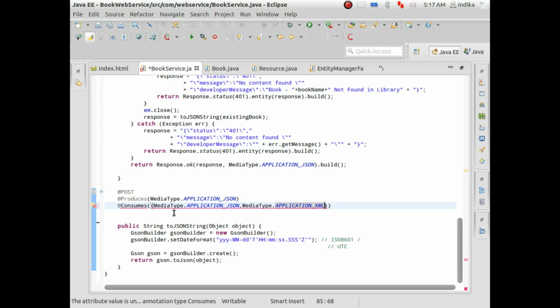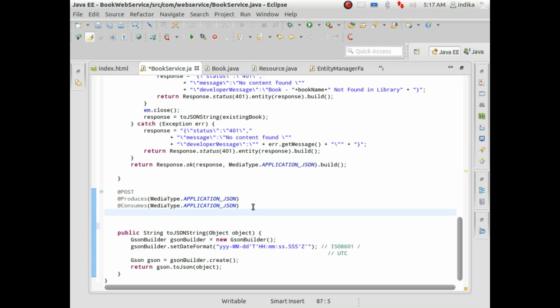So now my media type is accepting JSON as well as XML. So preference would be first JSON then XML, but since I'm only working with JSON, I will just say JSON. My application is consuming JSON,